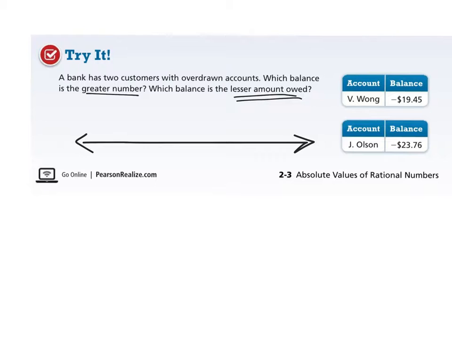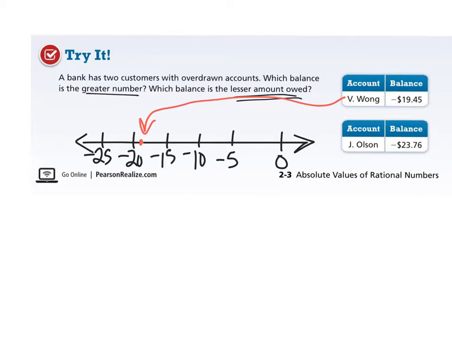These are both in the negative, so I'm going to put 0 on the right side, and I'm going to go by 5s into the negatives. Negative $19.45 is almost to negative $20. And then negative $23.76